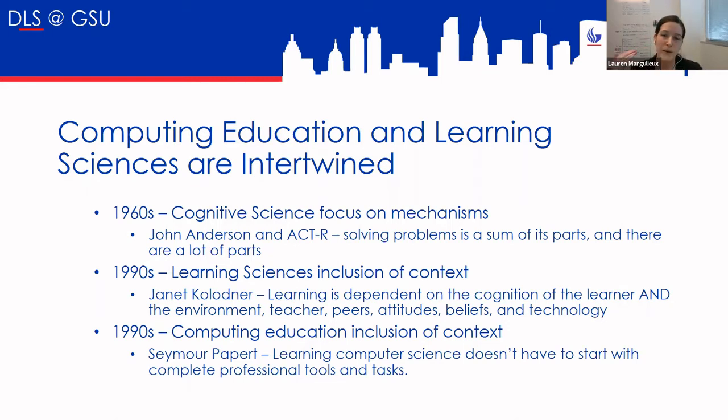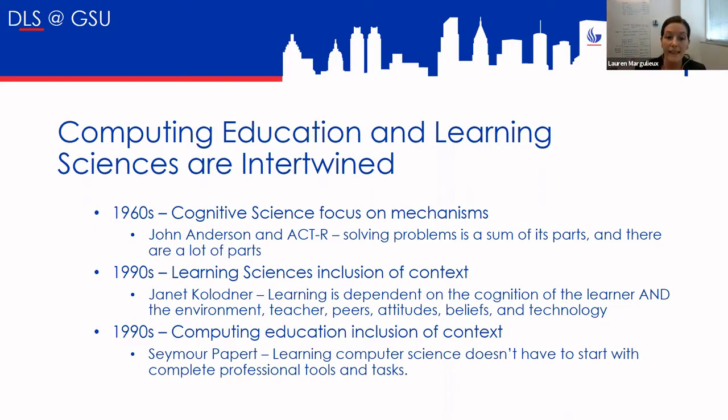So it's not just about the cognitive process going on in the brain, but learning is dependent on the cognition of learners as well as the environment, the teacher, your peers, your attitudes towards learning, beliefs in whether you'll be successful, and the technology that you're using. And so this was pushed by Janet Kolodner in the early 1990s, and it's sort of progressed as a field